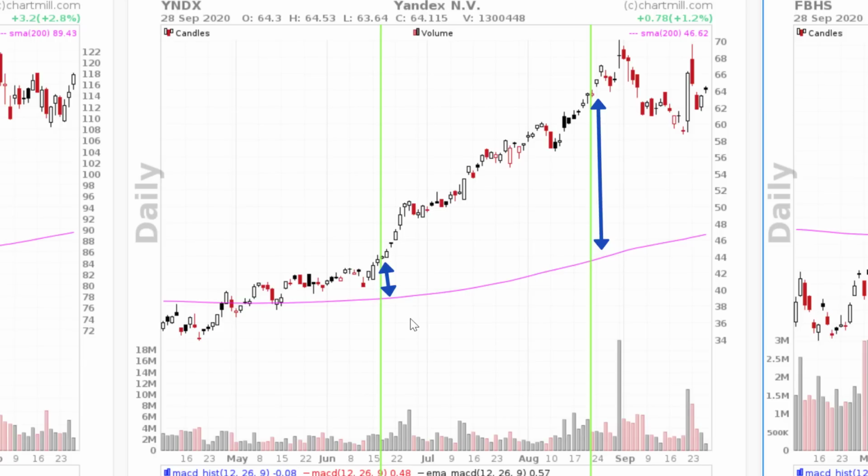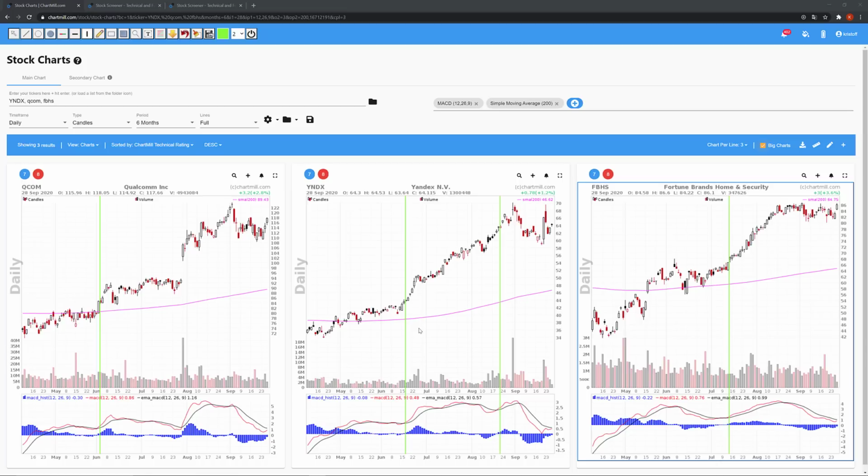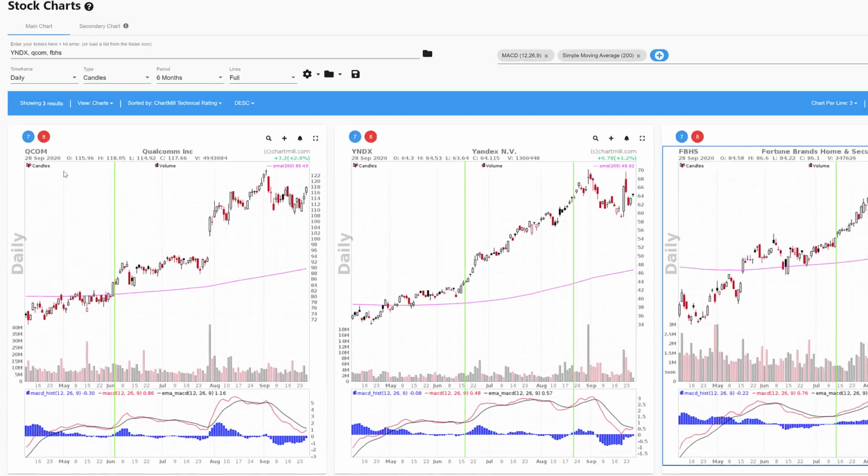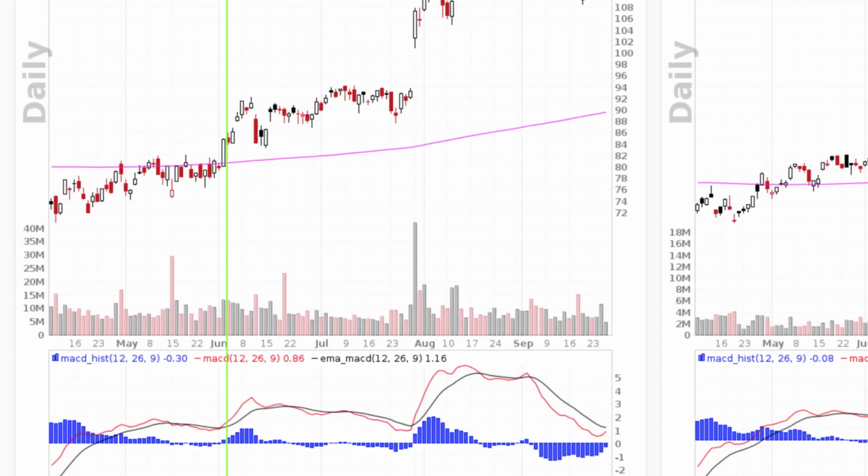The second tip is to look for sideways price movements and price outbreaks from those ranges that match the MACD signals. Breaking through a significant resistance level is an important additional trigger that supports the MACD buy signal. Take a look at Qualcomm's chart, for example, in June this year. The price has been in a sideways range for several weeks